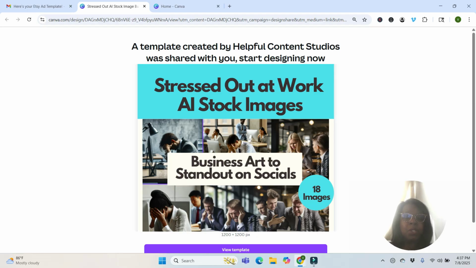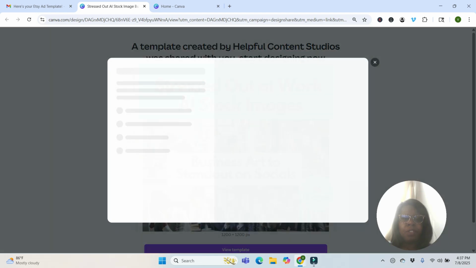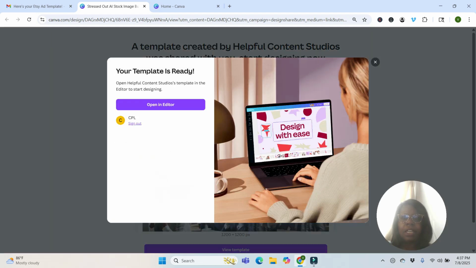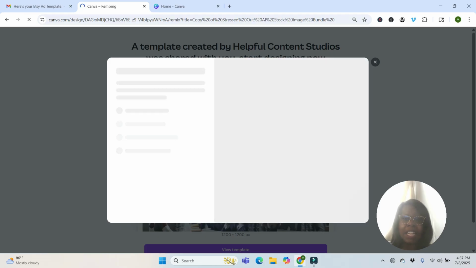It will say a template was created by, in this case, Helpful Content Studios, but whatever the name of the account is that's sharing with you. And then you'll see this big purple button that says view template. And it's going to say that it's already ready for you to start editing. You click open in editor,